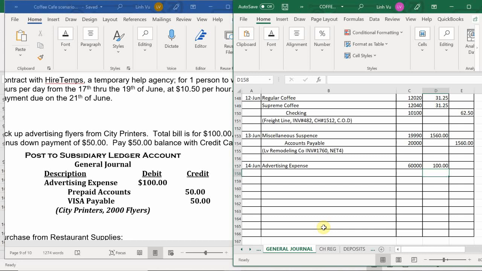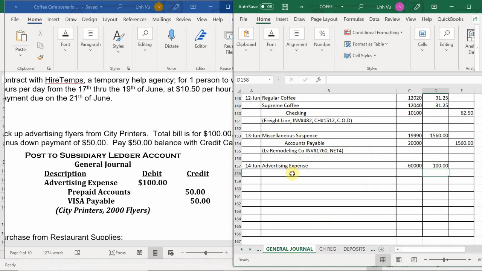So at the end of the day, you owe $100, but because you gave them an advance payment, in this case we are redeeming our voucher, so it applies to the invoice. So all we actually have to pay now is just the remaining $50 balance, because we picked up 2,000 flyers worth 5 cents each, which we calculated to be $100.